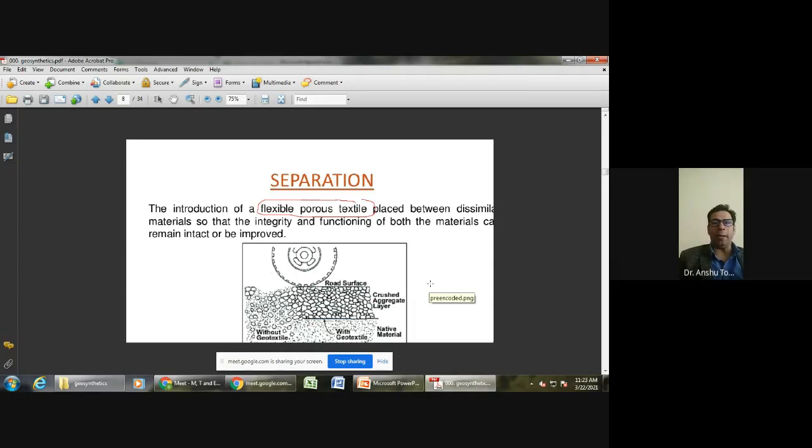And that function can be anything. It can be toughness, it can be hardness, it can be resistance to penetration, it could be stress distribution, it could be maintaining the void ratio, or maintaining or not maintaining the permeability. Any properties can be there, specially designed by a special layer. So if we have to maintain that particular property of that layer, then in that case we have to provide a separation layer where we can use geotextile.